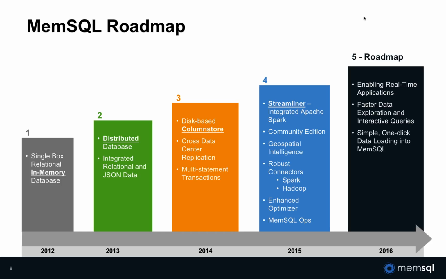MemSQL 3 introduced the column store. So now we had a disk-based column store in addition to the in-memory row store that we've had since MemSQL 1. MemSQL 4 introduced Streamliner, which is our integrated solution with Apache Spark. We released a community edition in MemSQL 4. We have geospatial intelligence, geospatial data types, and we also have a bunch of connectors to Spark and Hadoop, which